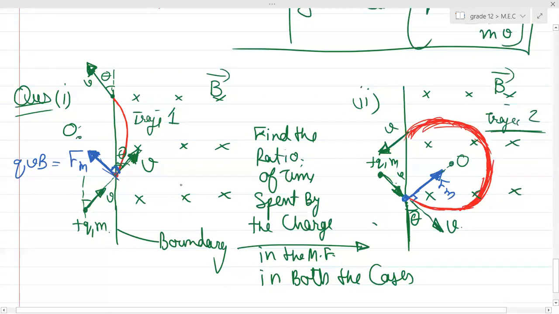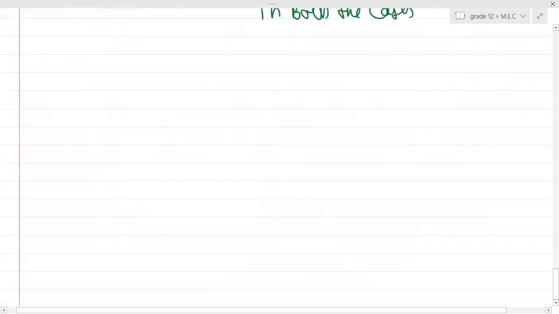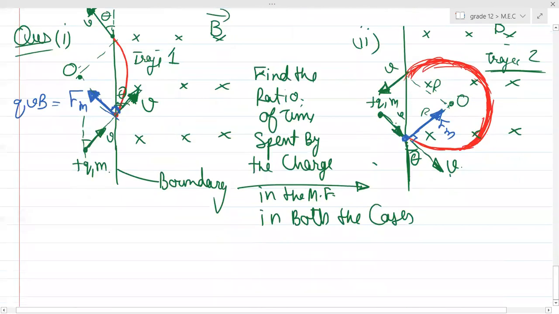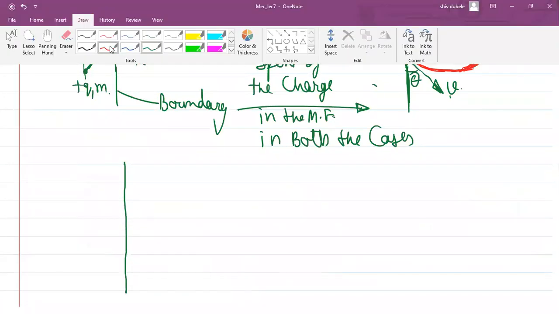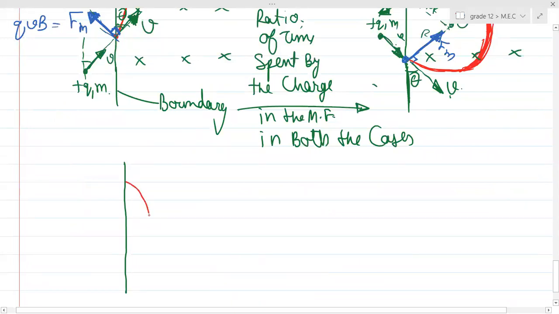So how will you decide the trajectory? By seeing the direction of V and Fm. V and Fm. And you see the center is lying over here. So the radius, this is the radius, this is the radius. Are you getting my point? Similarly here, this will be the radius. Are you getting my point, guys? Okay. So basically, what will be the only difference? I'll draw it simply for you. I'm trying to draw it again for you.